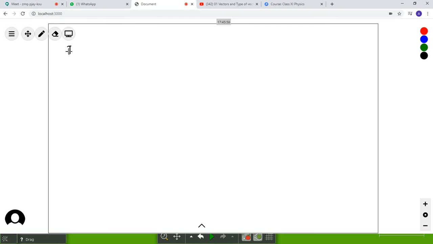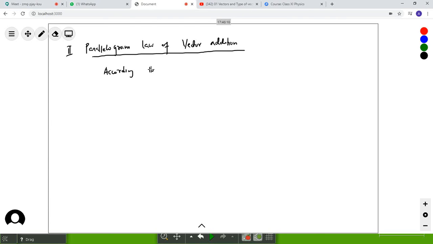That was the first law. The next one would be the parallelogram law of vector addition. What does this say? I'm going to write parallelogram like this. In the parallelogram law of vector addition,